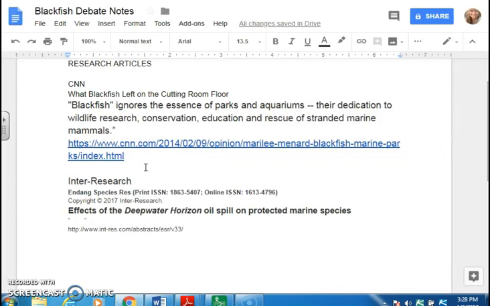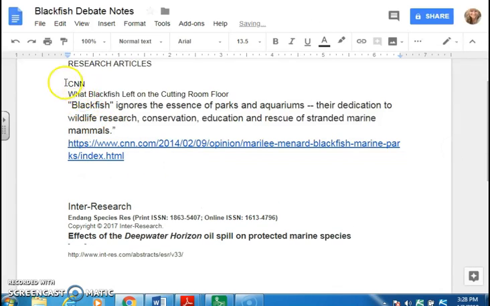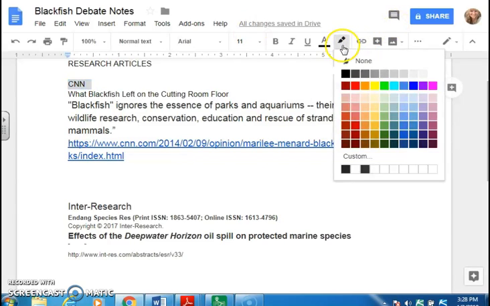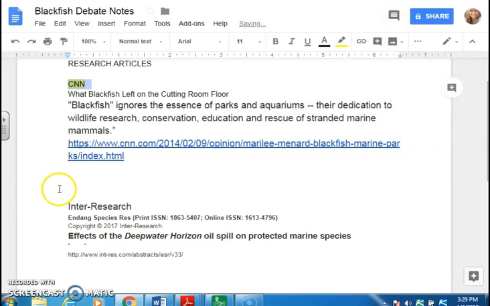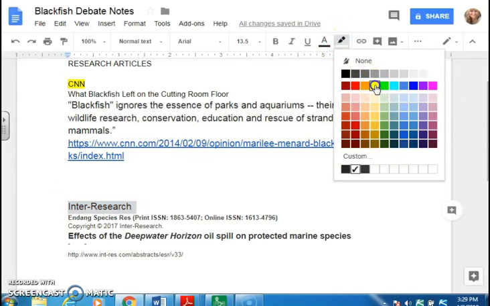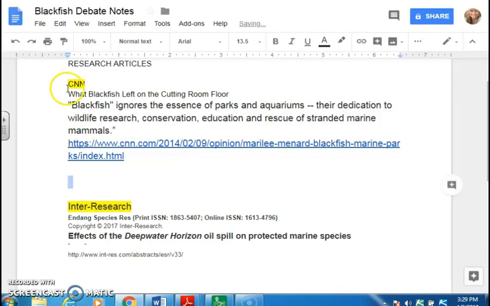And if you want to, you can come down farther. Another thing some people like to do, they come in and they will highlight the beginning of each of their pieces because that just helps it stick out a little bit more. Or they'll number them. They'll come in and say 1. They'll say this is my second one. Okay, so that's a way to keep track of your notes for research.